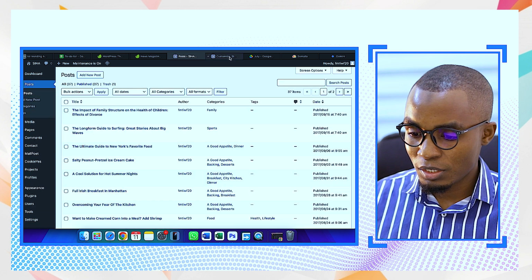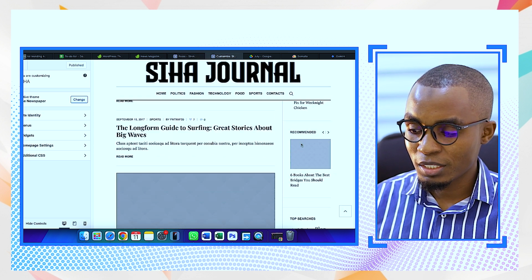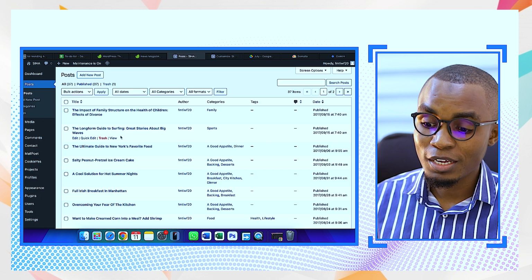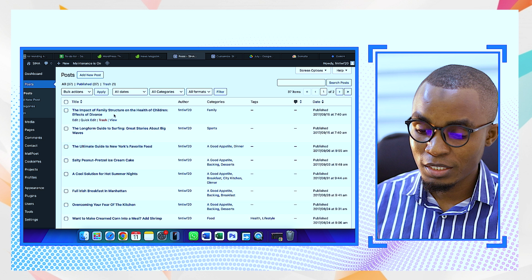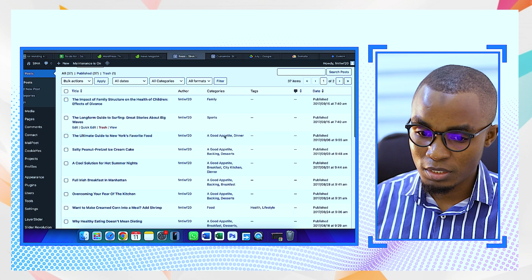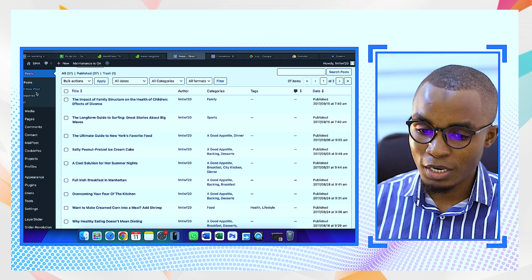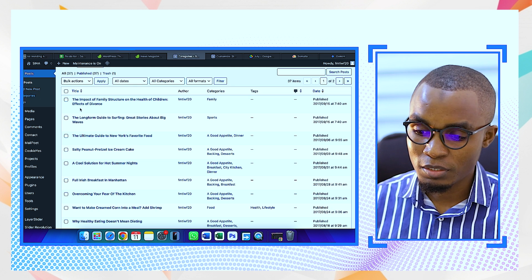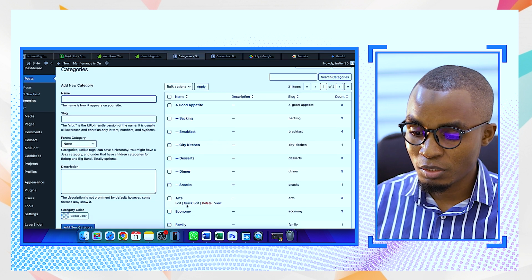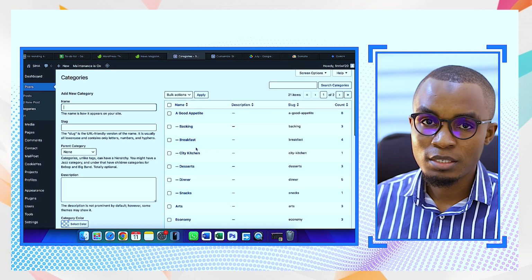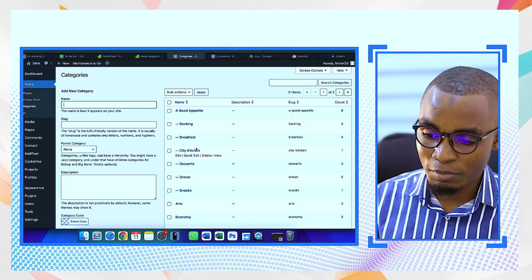All these that you're seeing here, when we talked about categories, posts, and all those kind of things, are here. So these are the articles. The articles you're writing, they have categories. So we have all posts. If you want to add a new post, you'll add it over here, and then you have categories. These are the categories that we have so far, and each category is also attached to the page that you're